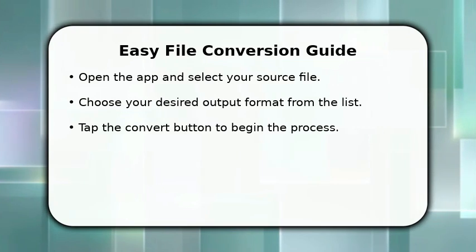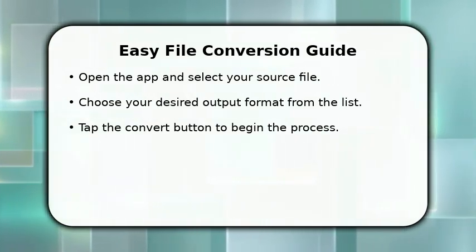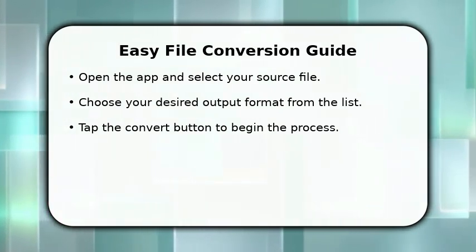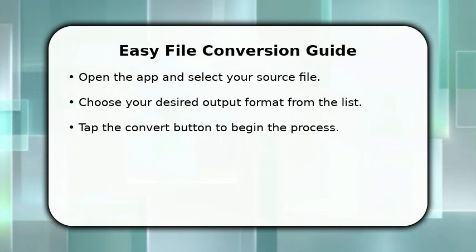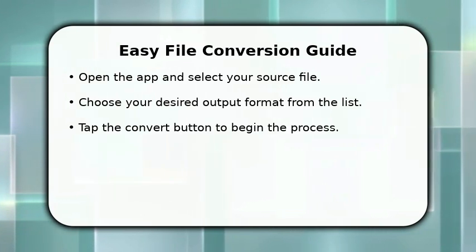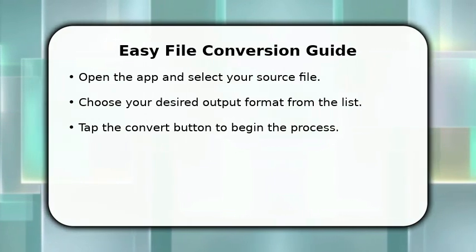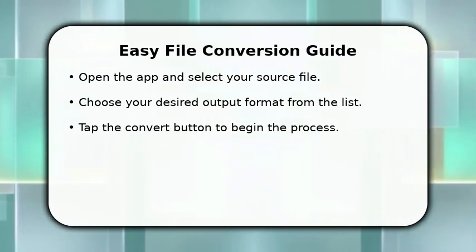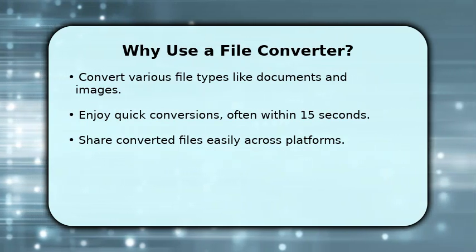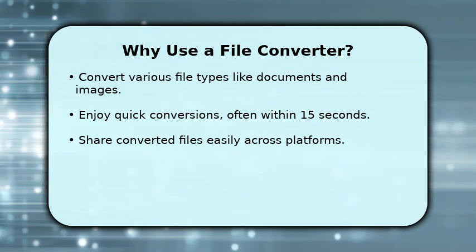In this video, I will explain how to use a file converter app. First, open the application on your device. Next, you'll select the file you wish to convert from your storage. Then, simply choose the new format you need from the available options. Finally, tap the Convert button, and the app will quickly process your file, making it ready for use in its new format. File converter apps offer incredible versatility, allowing you to transform many file types, from important documents to cherished